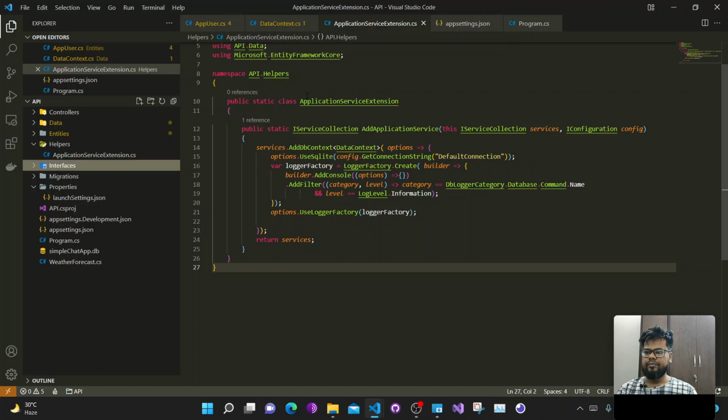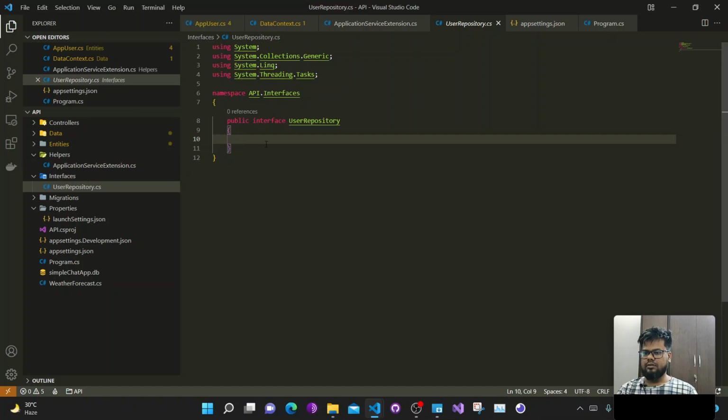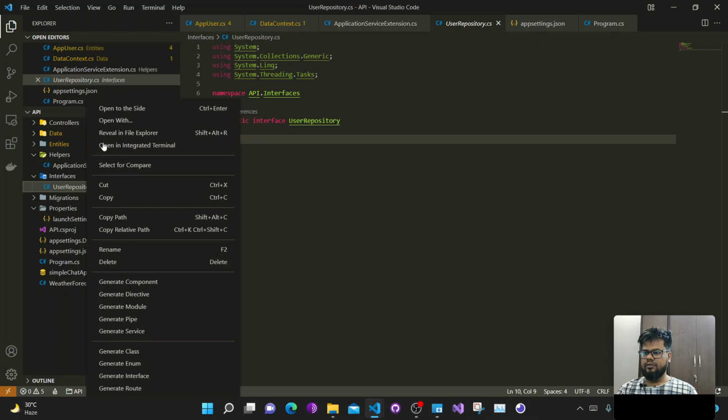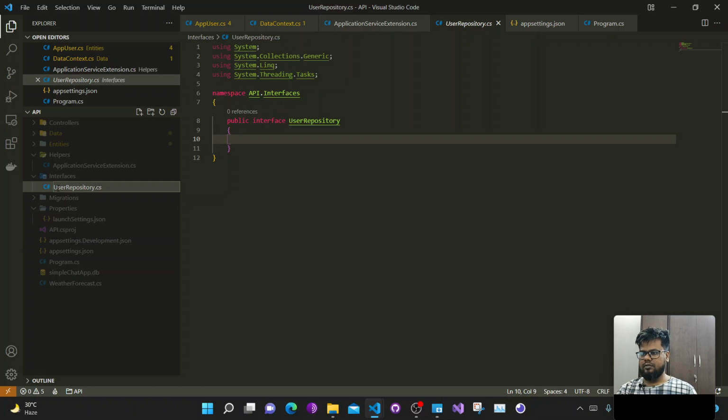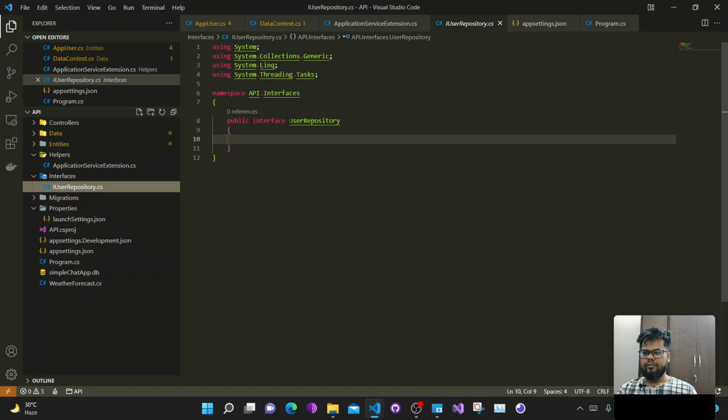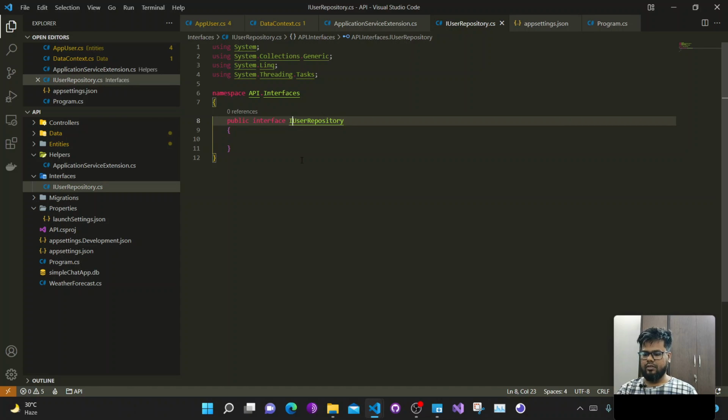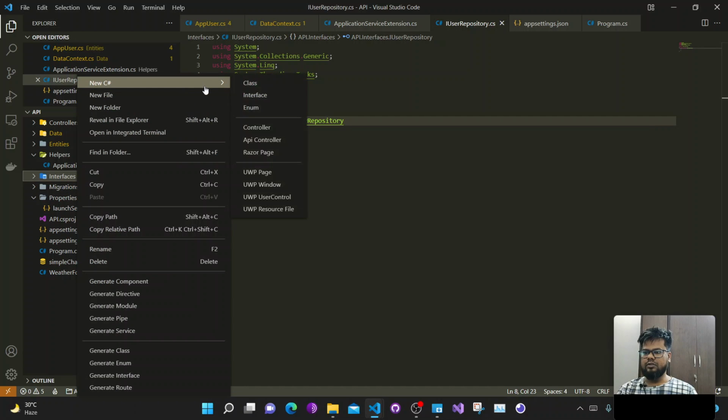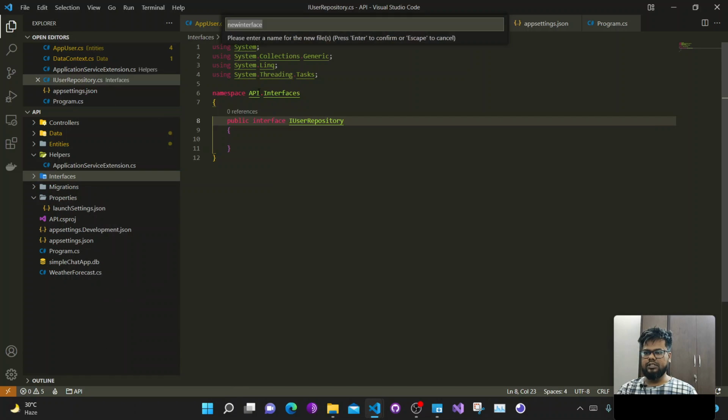repository, and sorry, it will be renamed IRepository, and then we will create a unit of work. So we will create dependency injection. Okay, IUnitOfWork. Okay,